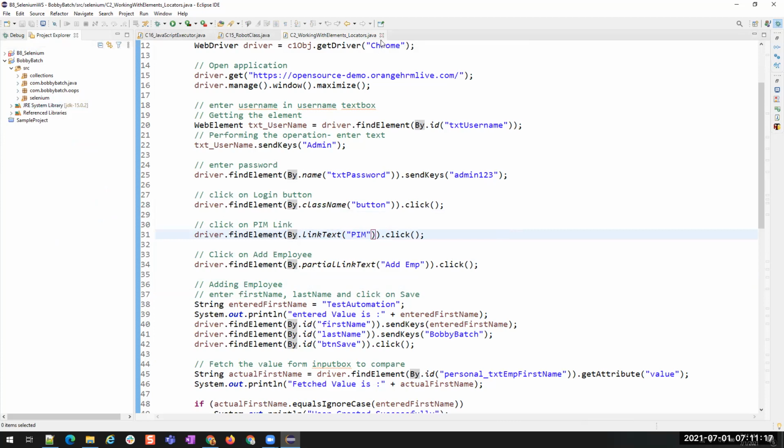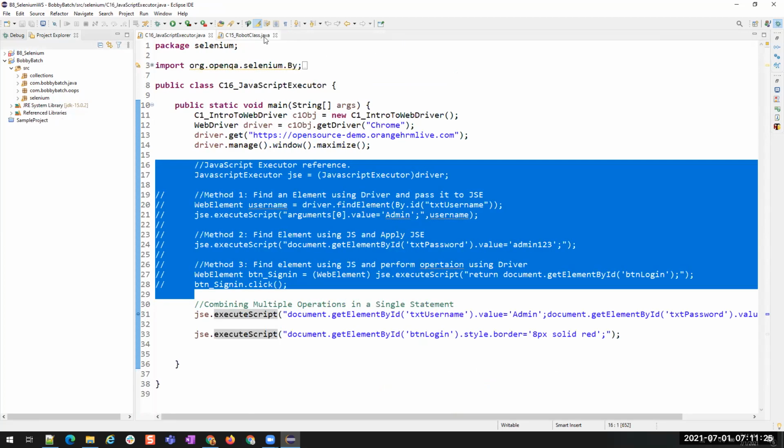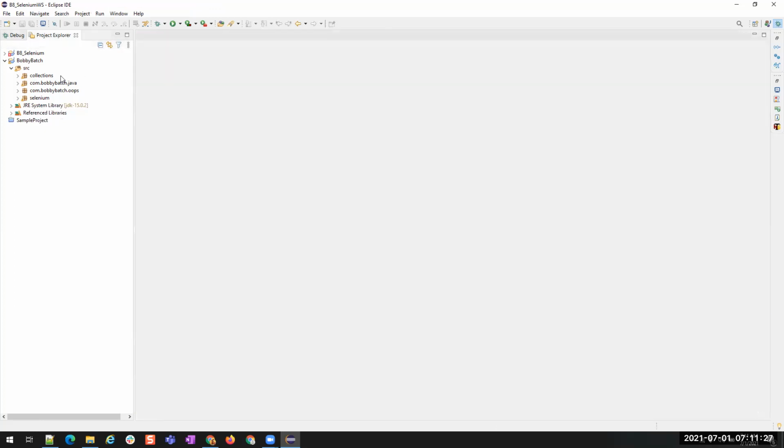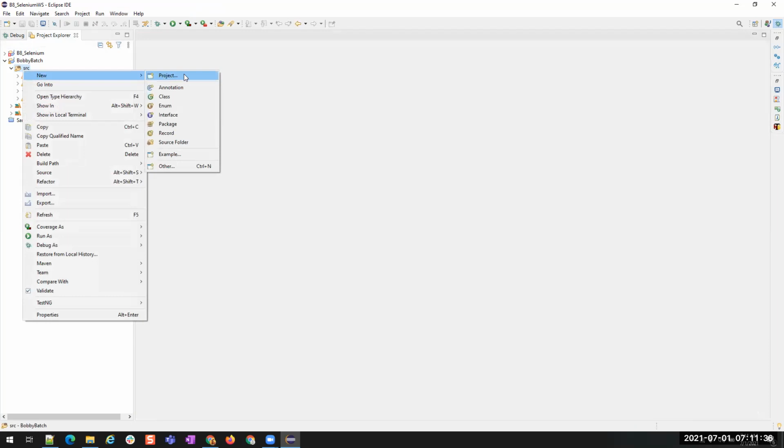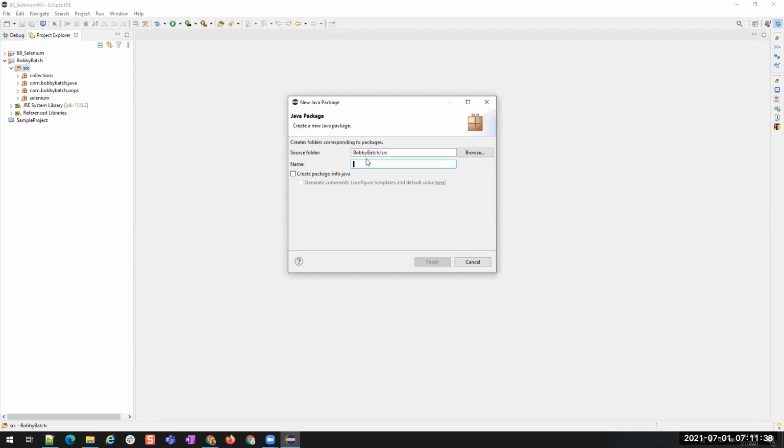I'm not directly showing you the page object model. I'm showing you how we can achieve, or in what steps we will achieve this page object model. Okay. So let us go step by step. I'm creating separate packages for you. I'm creating separate packages. New package. This will be dot